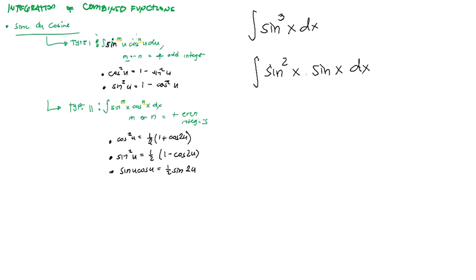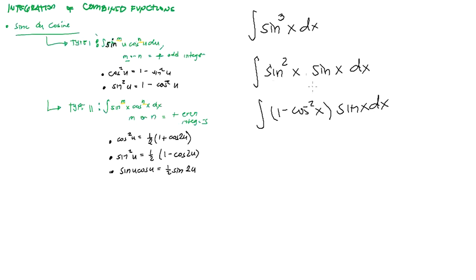So we have sine raised to some integer. According to this, we have this identity, sine squared u. So let us try to use this identity first. We have sine squared u is just equal to 1 minus cosine squared x times sine of x